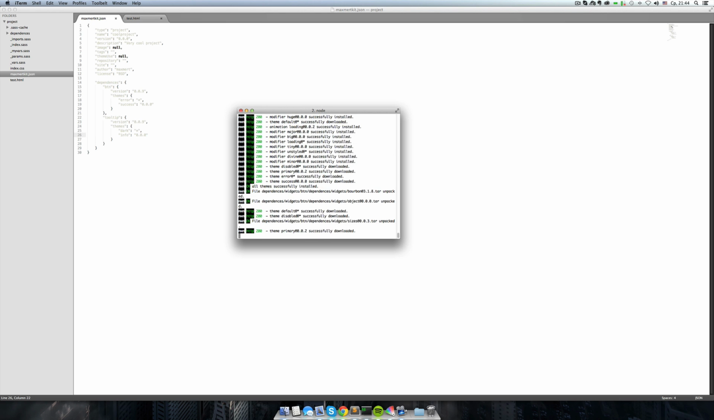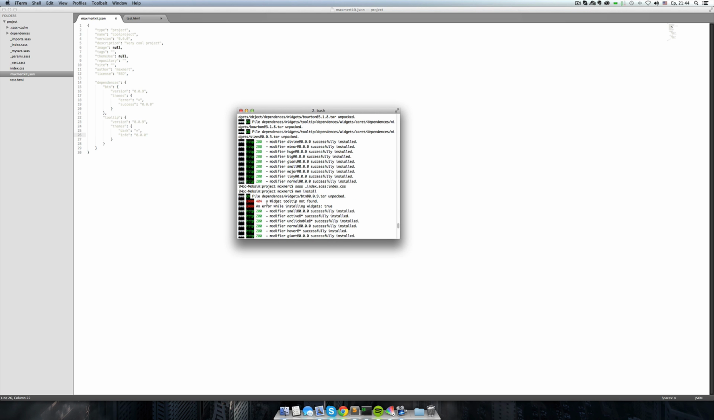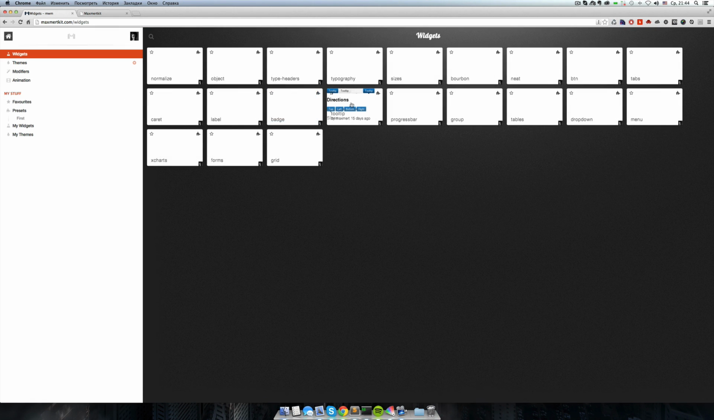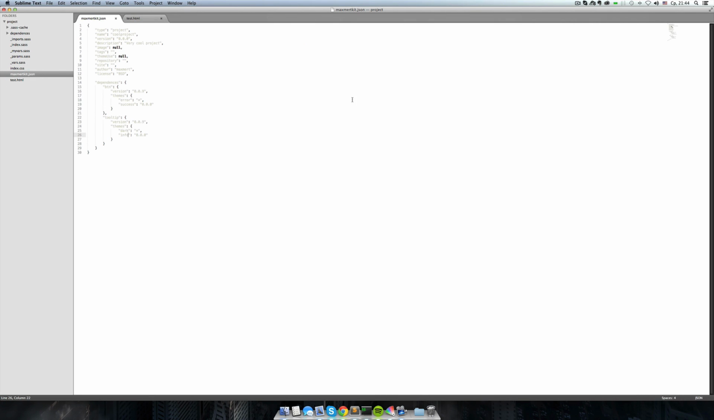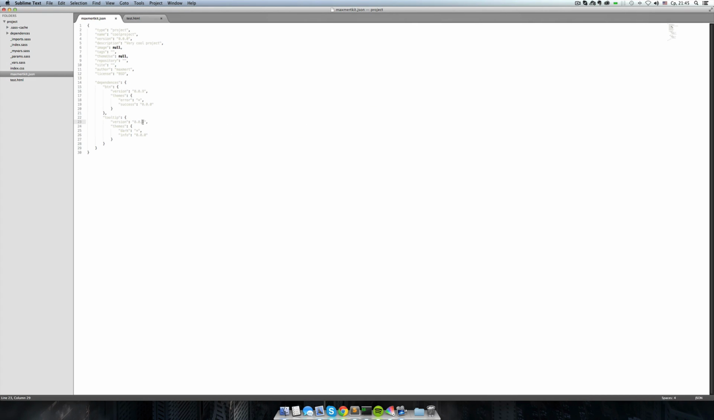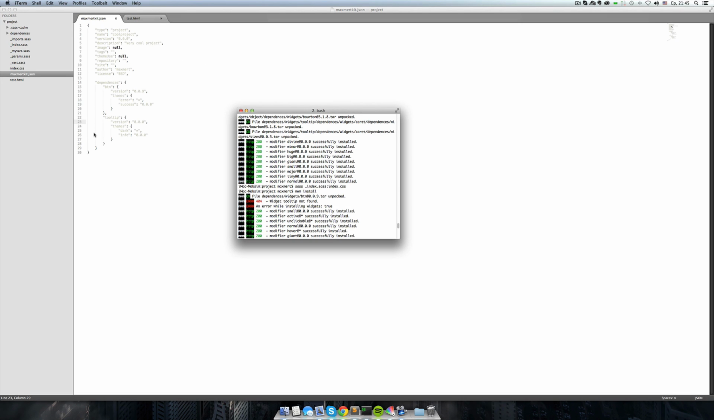save and reinstall. Okay, we have an error. Widget tooltip is not found. Okay. Why? Interesting. Why? Tooltip 000. Oh, I chose the wrong version. The last version of tooltip is 000 and I set it 009. It's wrong. We don't have widget tooltip with this version, so let's modify that and